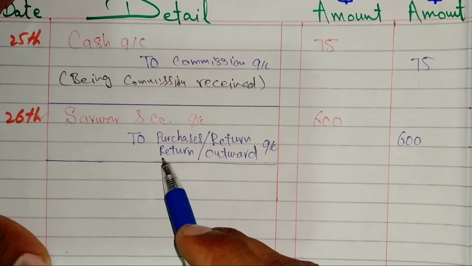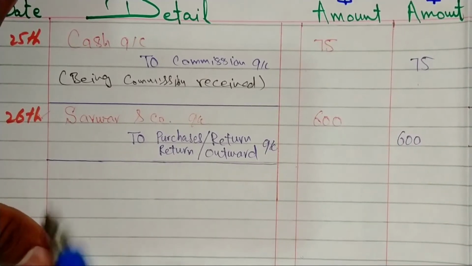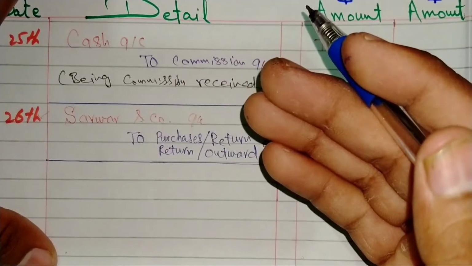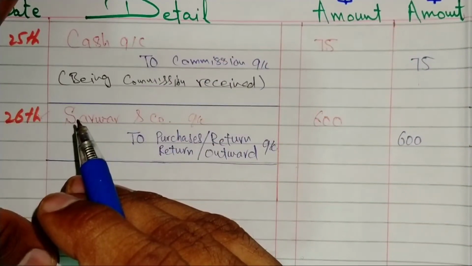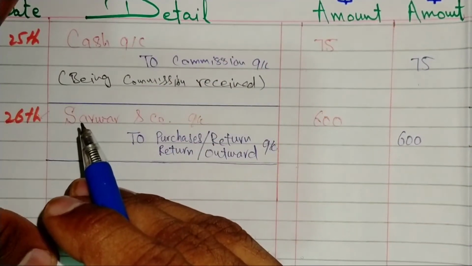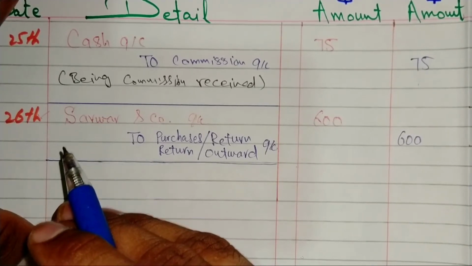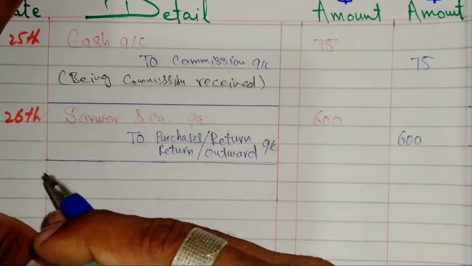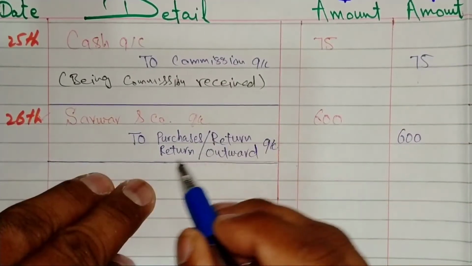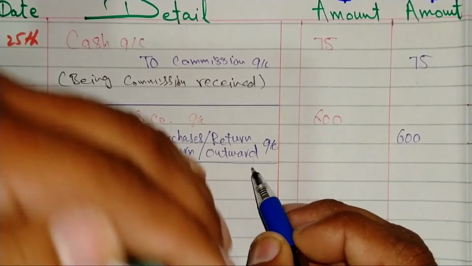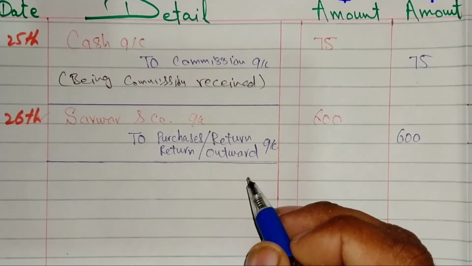The second name of purchases returns is return outward, because when we purchase from a supplier we will enter it in the stock, then we will return our purchases to the supplier, or we can say the return outward. This is the outage from the stock, simply called purchases returns or returns outward from stock, right?